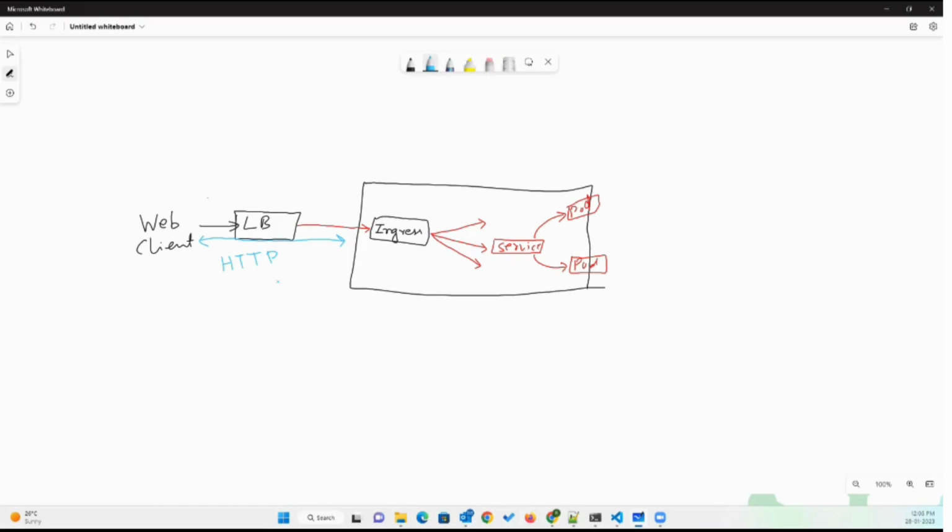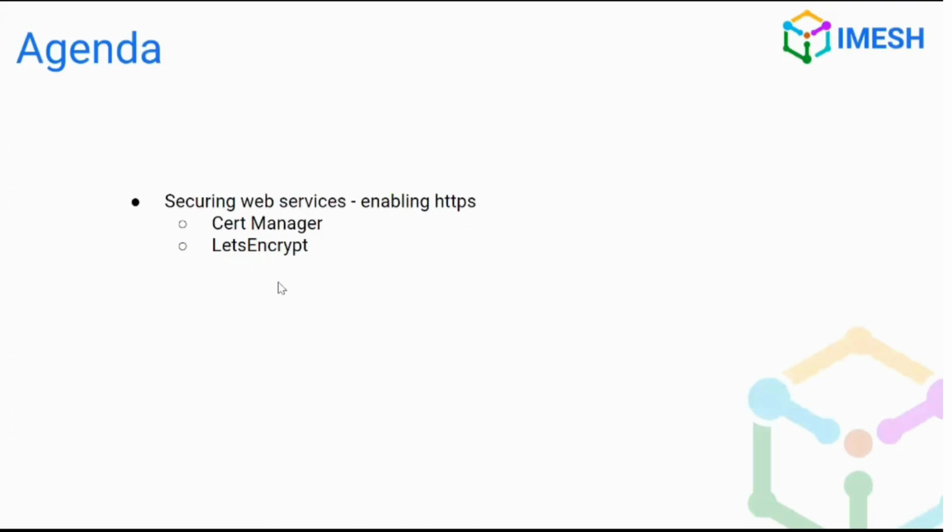So let's go ahead and see Cert Manager. Cert Manager is a kind of agent, but it has more responsibilities as well: to automate getting the certificate for a particular service or a cluster. When the certificate is going to expire, it can automatically send a request again, fetch the certificate and reissue it. Let's Encrypt we'll be using here as a certificate issuer, the certificate authority, we can say also,